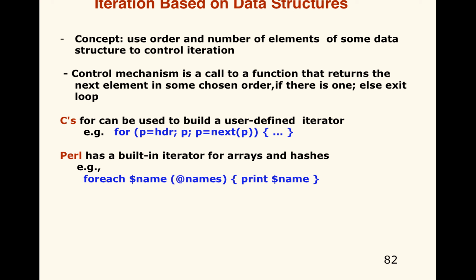So we have C and we have Python, we have Perl up here. Let me give you a Python one, which is very similar to the Perl. You can say for X, and then have some lines of code, and then go next, next, next, next, and get each one of the lines. Or for each I in, there's a for in, for I in this list, or for X in this tuple or something. So those are iteration based on data structures. It's the data structure itself using an iterator that goes through it.